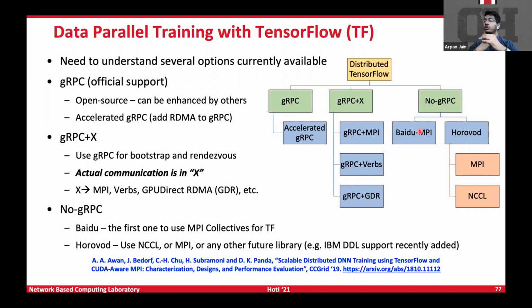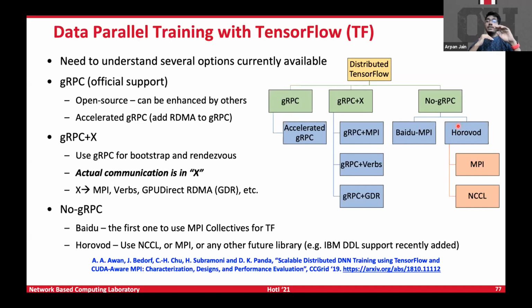Horovod is by Uber. Uber is not a software company. They don't want to design software, but when they tried to train a model on multiple GPUs, they saw that the distributed training support is not very good. So that is why they implemented Horovod, and now Horovod is a very popular middleware for distributed